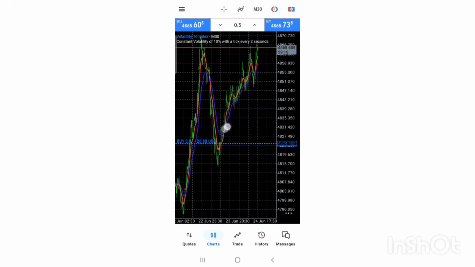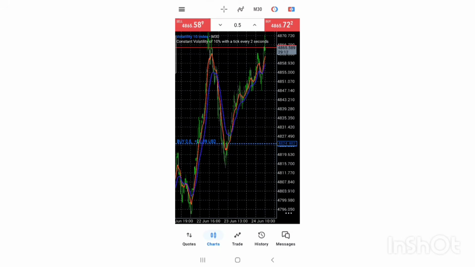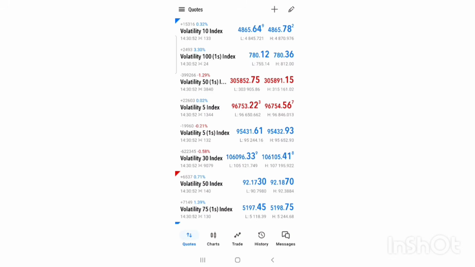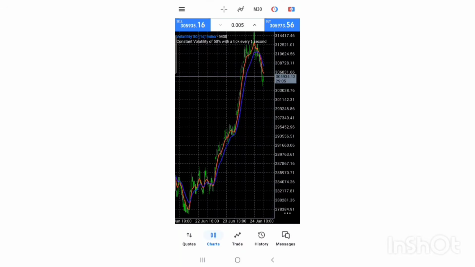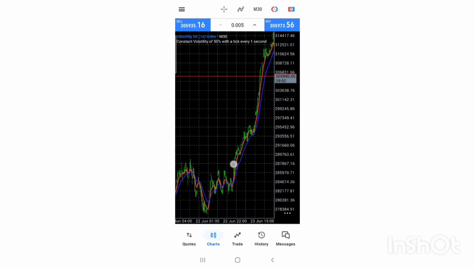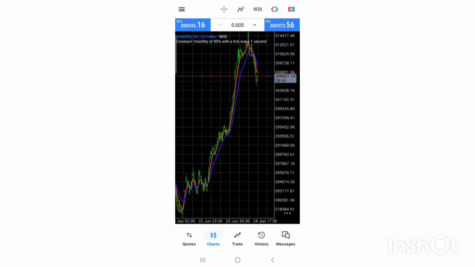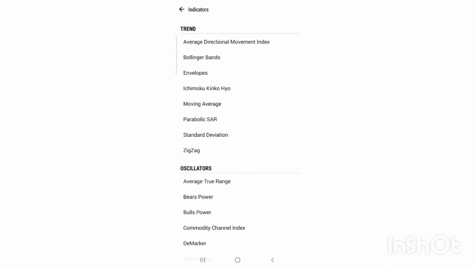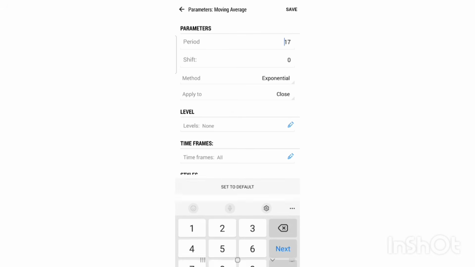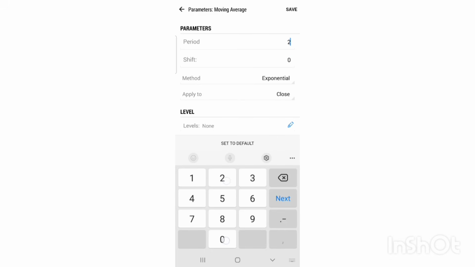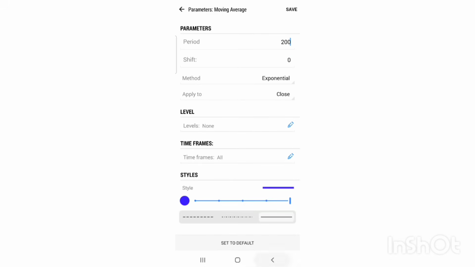So the first thing with this indicator, you need to know first the direction of the market. Let's go to other assets here and see what is happening. Here we can see that this market is in a very huge uptrend. So we already know the direction of this market is uptrend. By knowing so, you can also add a